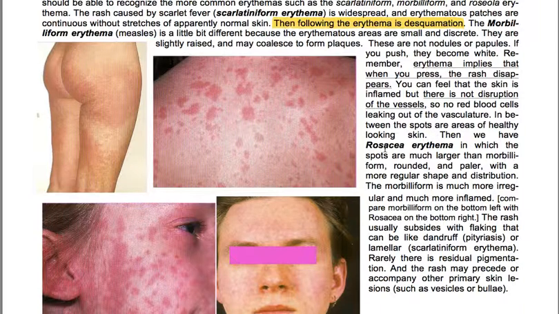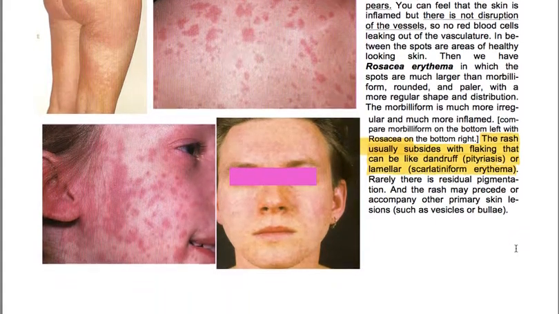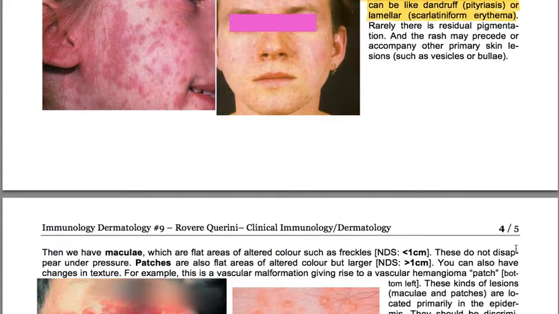Then we have roseola erythema, in which the spots are larger than morbilliform, rounded and paler, with a more regular shape and distribution. The morbilliform is much more irregular and much more inflamed. The rash usually subsides with flaking that can be like dandruff, pityriasis, or lamellar in scarlatiniform erythema. Rarely there is residual pigmentation, and the rash may precede or accompany other primary skin lesions such as vesicles or